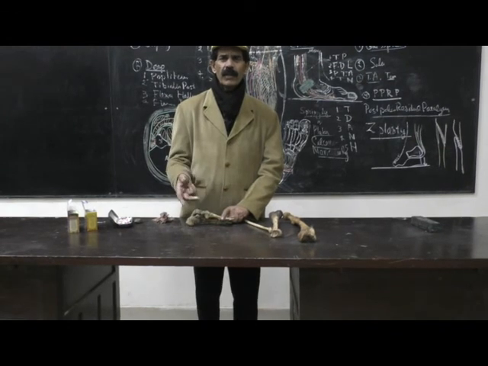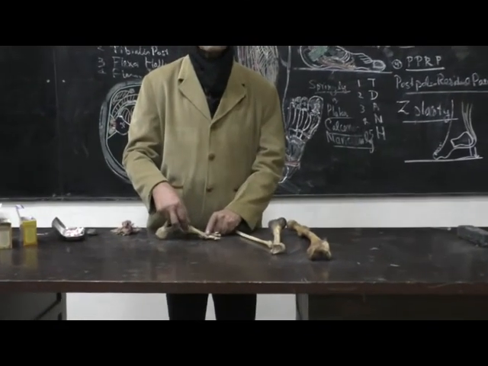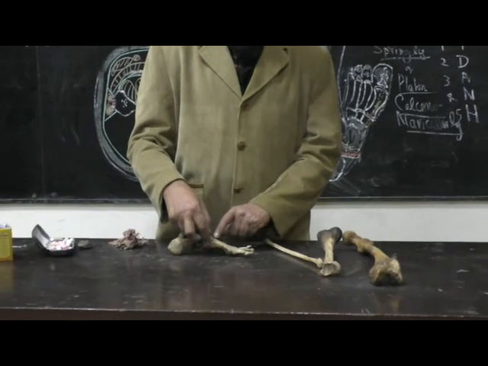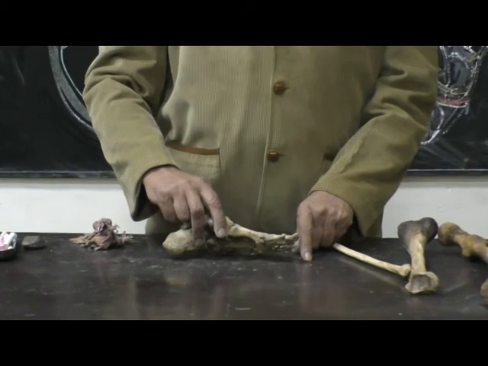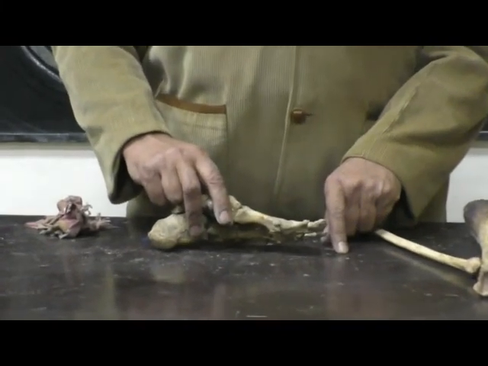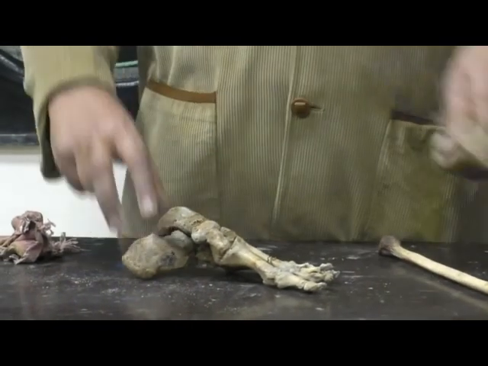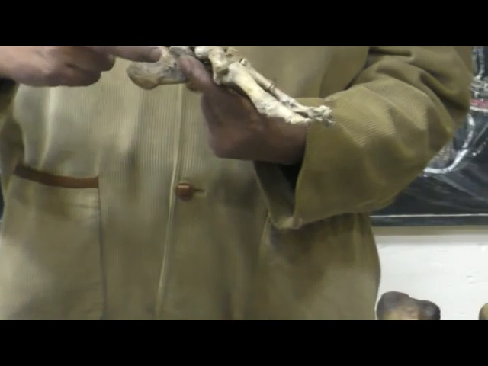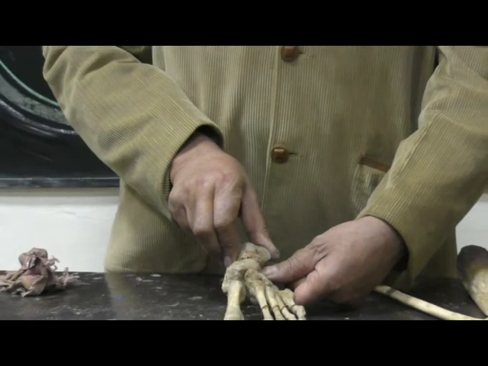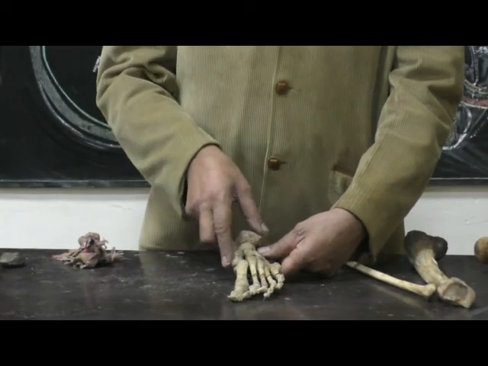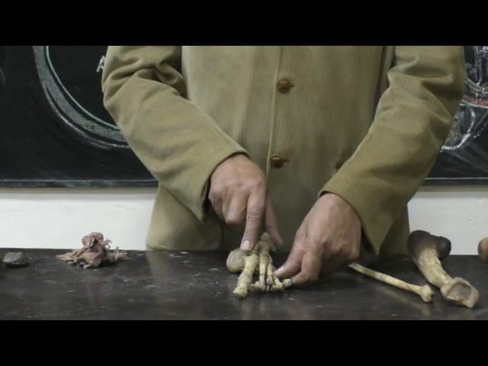Like eversion, the first movement, that is the medial border being raised above the ground by tibialis anterior, occurs at the level of the intertarsal joints, while the tilting of the foot sole medially is the movement occurring at the subtalar joint, that is below the talus, the talocalcaneal joint. So when this talus moves along with all the other tarsal bones, then the whole of the foot will be facing medially or inward.